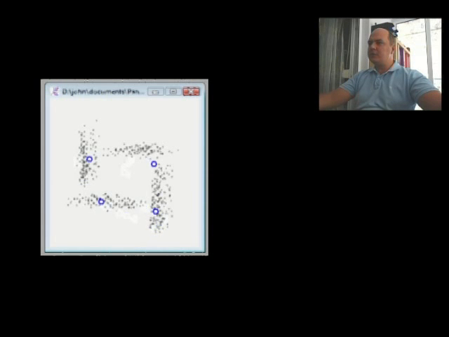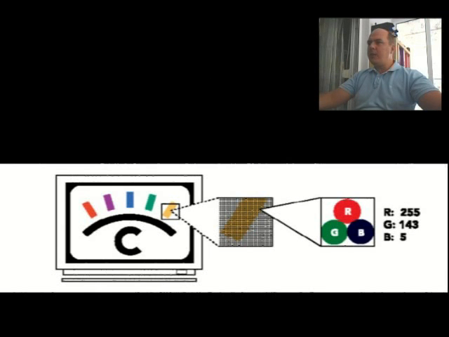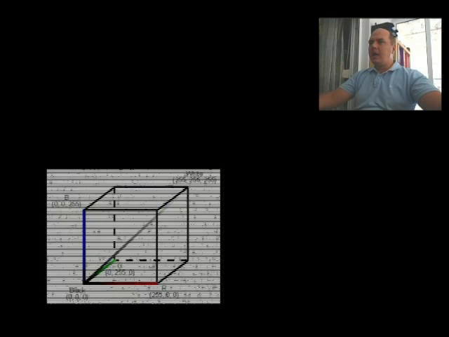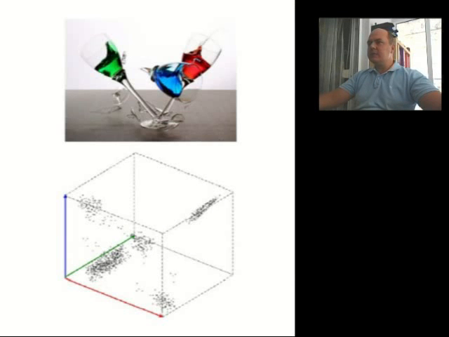I'm going to show this happening live in front of you in a few seconds, and it will be fascinating. In the digital world, every pixel is stored with 1 byte of information for each component: red, green, blue. So we can say it forms a vector of 3 components, RGB. As a result, we can consider a digital image as a cloud of points in the RGB color space.